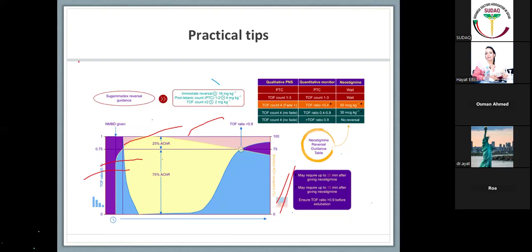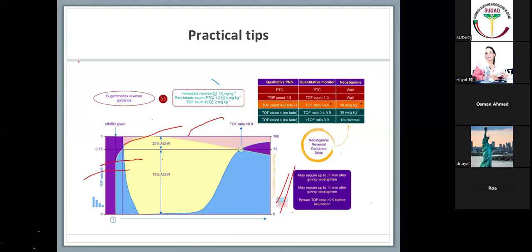Neostigmine generally has a ceiling effect, so it has a very slow antagonistic action, and it requires a high level of spontaneous recovery to guarantee safe and complete antagonism. So you have to wait for spontaneous recovery before giving neostigmine. Otherwise, it will not